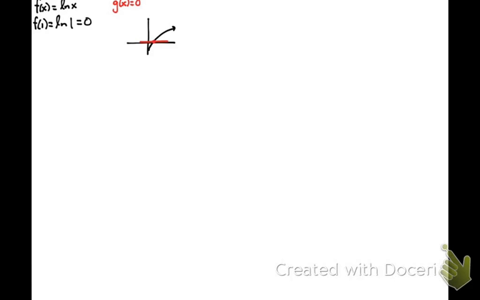After a bit of thinking and just messing around, I go, well, if this thing were to have the same matchup at derivatives, that would mean that they're increasing or decreasing in the same way. And I noticed that the derivative, f prime of x at 1, is 1. And so if I want g of x to match up, I could change g of x